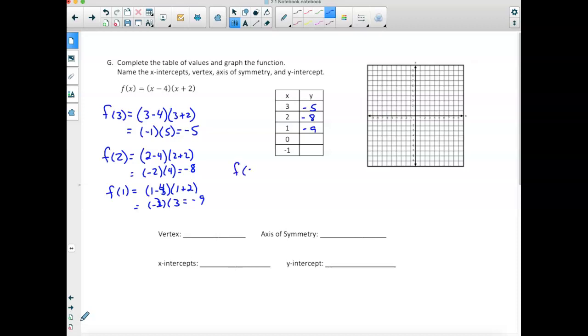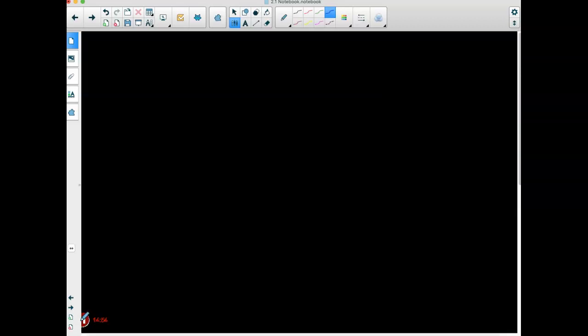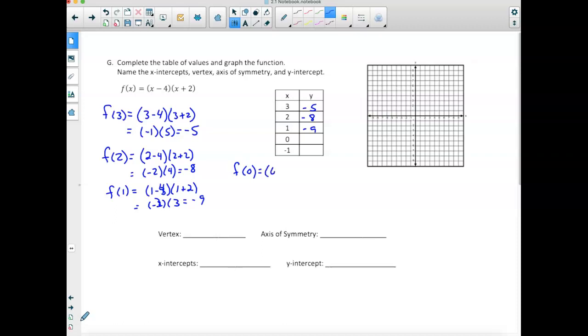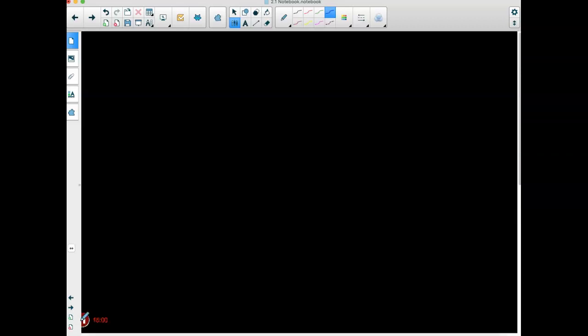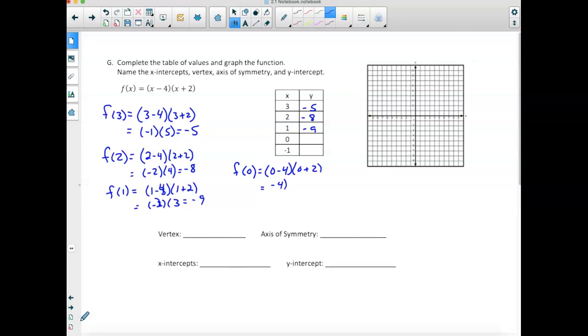I need f of 0 now. So 0 minus 4, and that gives me 0 plus 2. That gives me negative 4 times 2. That gives me negative 8. And then I've got to put f of negative 1 in there yet, which means negative 1 minus 4 times negative 1 plus 2, I think. Yes. That means this is negative 5